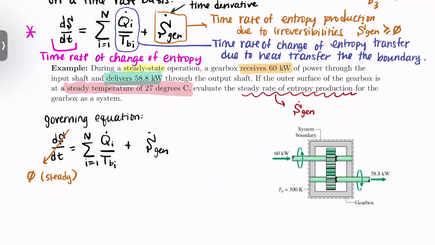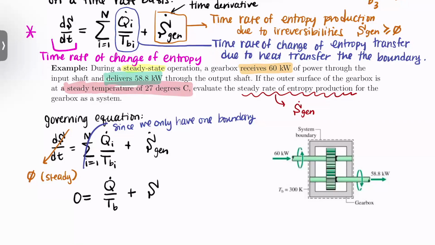This summation goes away since we only care about one boundary. So our simplified equation is that 0 is equal to Q dot over T_B